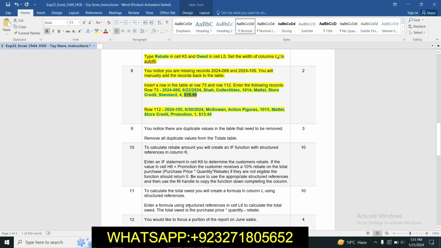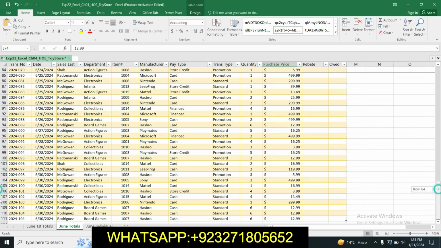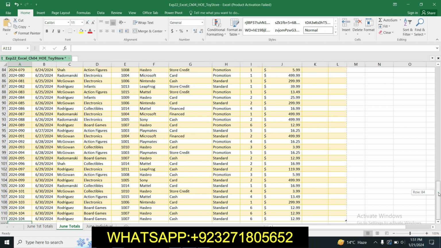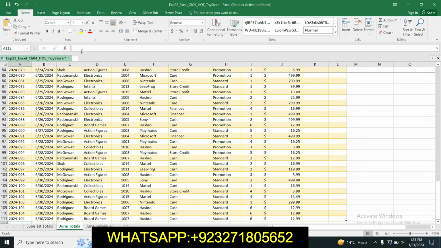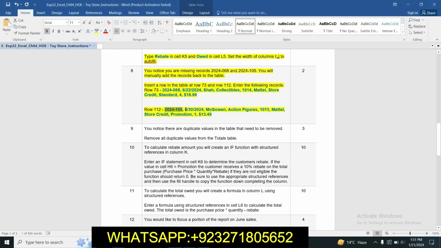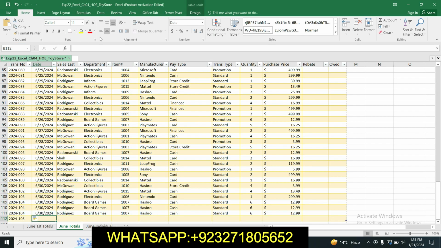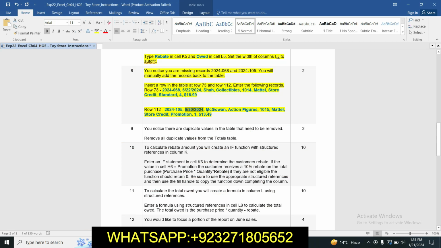16.99. Now we have to insert a new row at row 112. Moving down. Now we will insert a new row, that is row 112. In row 112, we will insert a data: 2024 105, that is 6/30/2024. Our date is 6/30/2024. Last name is